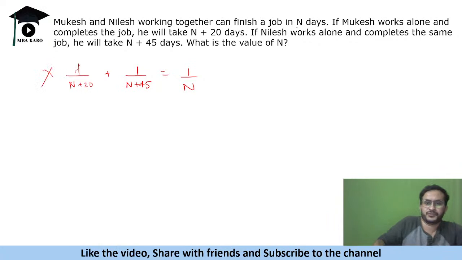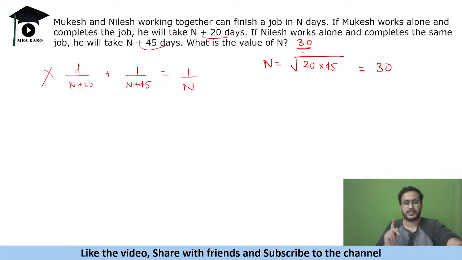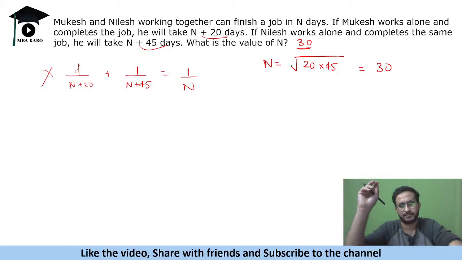Remember this, whenever you are given that they do it in n days, one takes n plus 20. So n is equal to under root of the product of these two, 20 into 45. So you get the answer as 30 days. ठीक है, एक स्पेशल टाइप होता है टाइम एंड वर्क में, ये याद रख लेना. ठीक, हो सकता है ये आईएफटी में आया हुआ था इस तरह का क्वेश्चन। आई थिंक लास्ट टू लास्ट ईयर आया था। ठीक है, सो जिसे ये आता होगा वो स्ट्रेट अवे आंसर कर सकता है।